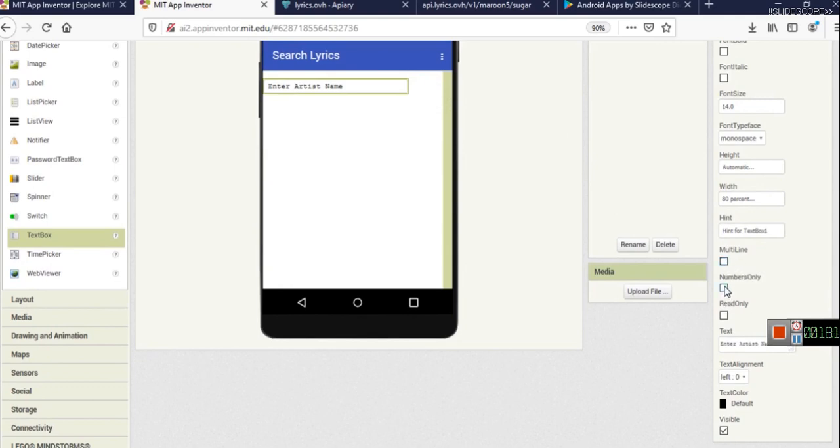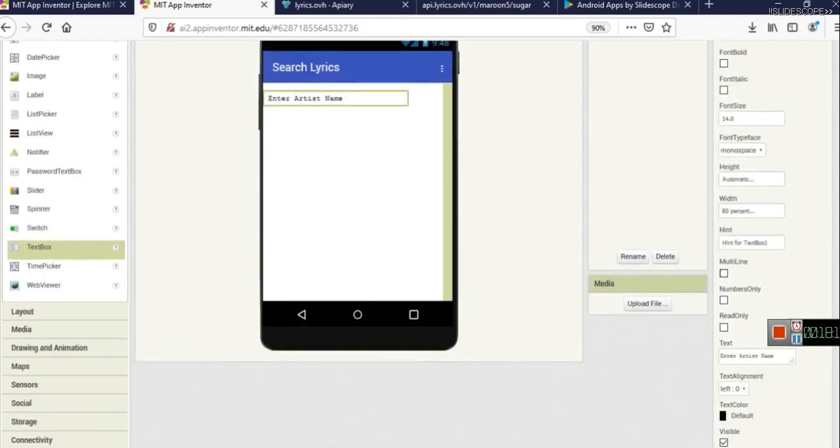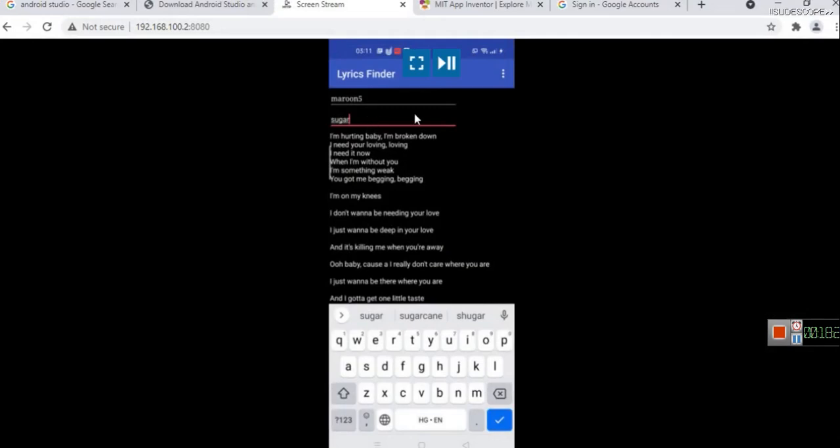Is it going to be numbers only? So you can put these validations also. Is this text box going to be read only? If it's read only, the user cannot put anything here. And one more important thing is, we don't want to put text here, because here you can see I will